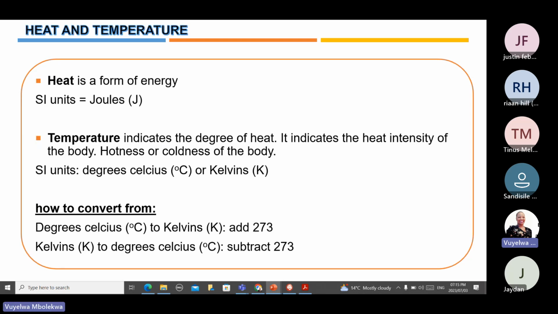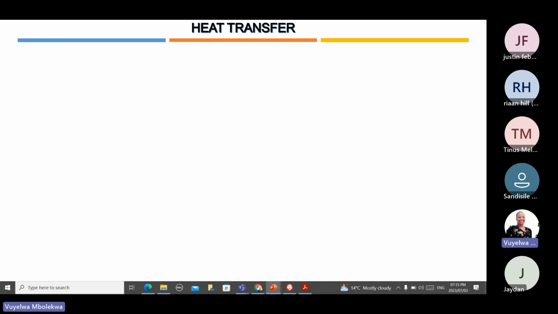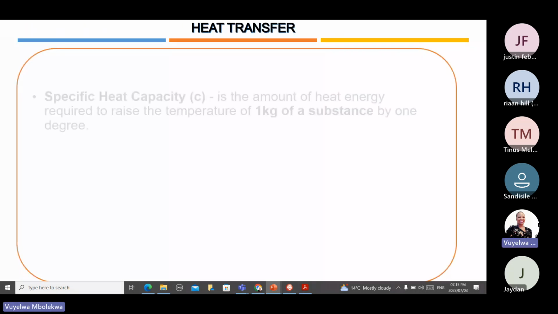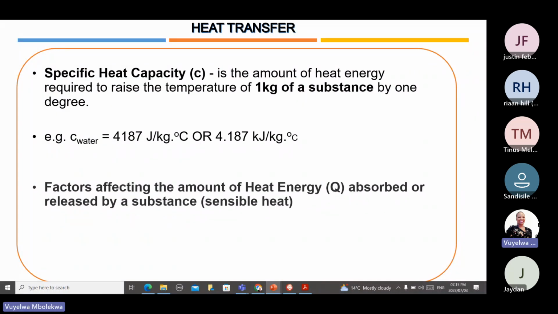You must know how to convert from degrees Celsius to Kelvins. It's not always necessary, but here and there, because normally if they give you the temperature in Kelvins, then the specific heat capacity is also in Kelvins. Then in such a case, there's no need to convert. And then just remember that